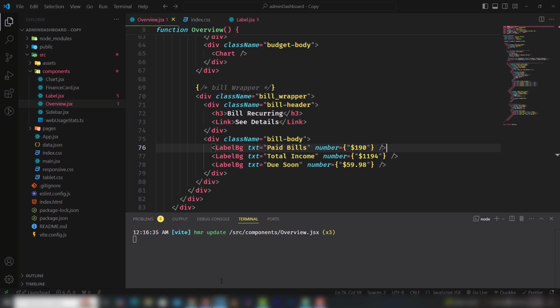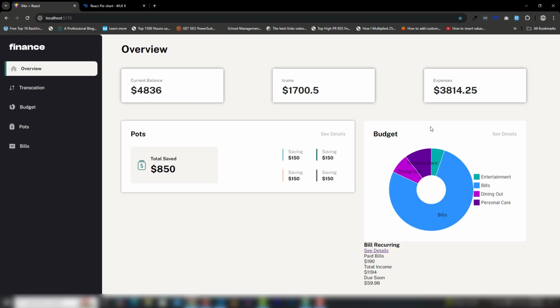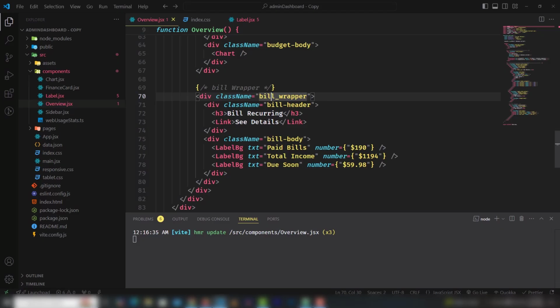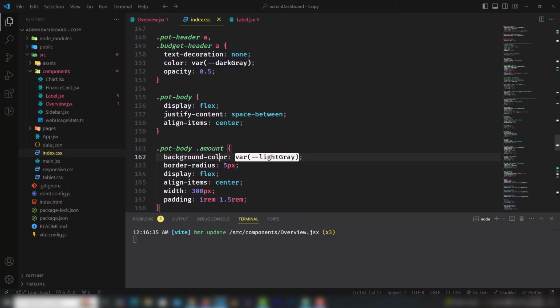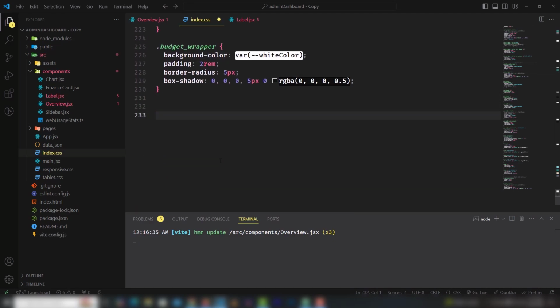And yeah, great. So for step number 1, we need to use the same thing that we have used inside this one section, same coloring, same styling, and so on, right? So let's see. This is a bill wrapper. Right, so I'm going to copy the bill wrapper, and just a minute, I need to move on down, and